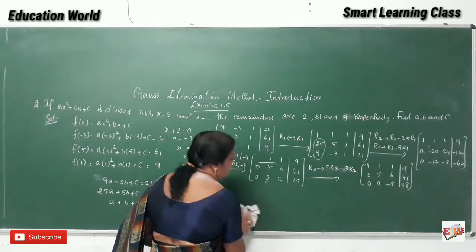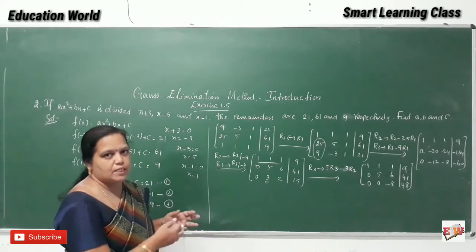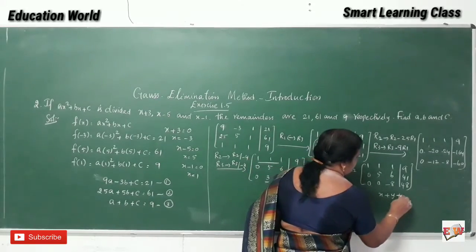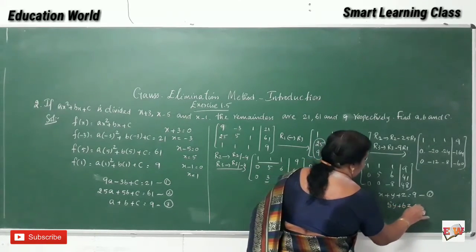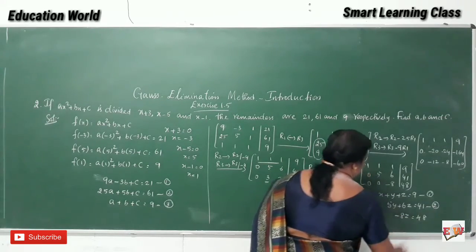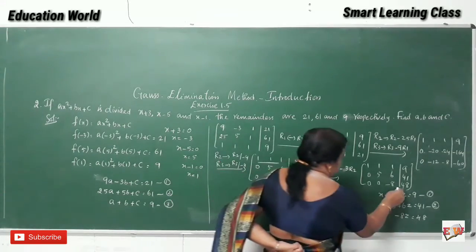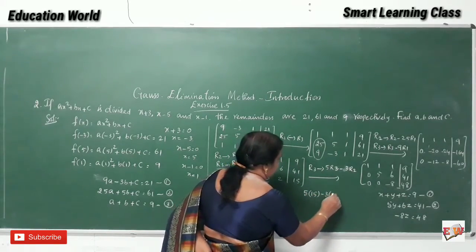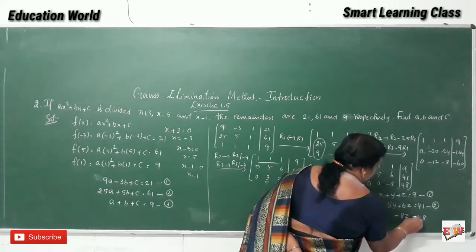Now we are going to write the system of linear equations from what we found. x plus y plus z equal to 9. This is equation 1. 5y plus 6z equal to 41. This is equation 2. Minus 8z equal to minus 48. See here, this term will come minus. Why? Because in 5 into 15 minus 3 into 41, for the bigger number we are getting the minus sign. So here minus 48, here also minus 48.